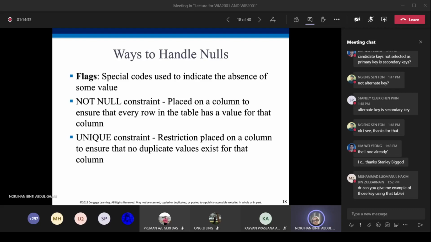These two constraints we put beside a column when we create a table in the database design.